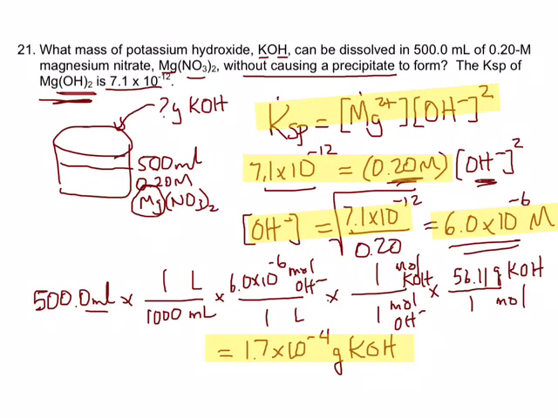So the question about how many grams of KOH, we'll first convert the volume to liters. Liters in concentration of hydroxide will give us moles of hydroxide, and then moles of hydroxide will be easily converted to moles of KOH. There's 1 hydroxide in KOH formula, so 1 mole of hydroxide for every 1 mole of KOH. Finally, we didn't want moles, we wanted grams of KOH, and that's what I've done at the end there